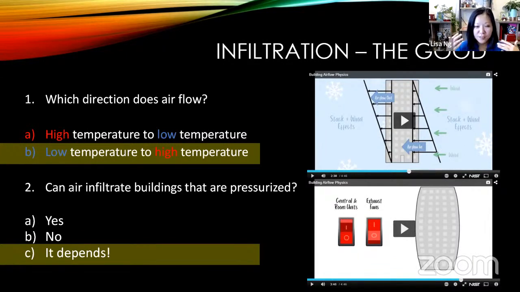So that can be a little counterintuitive, but the graphic on the right shows that if it's cold outside, the air is going to enter the building because it is cold outside, and then it's warmer. And then as the temperature increases as you go up, there's more and more airflow that goes through the top of the building. All right, so hopefully that made sense.